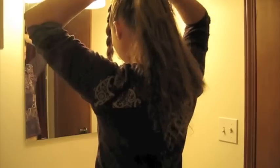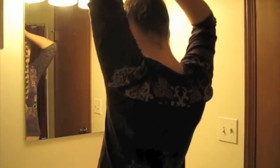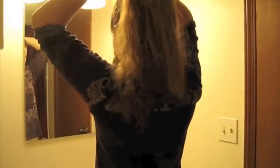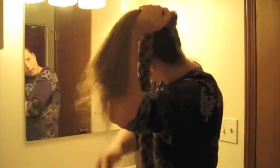There. Now, at this point you have these two projections. Looks pretty goofy. I'm actually going to take the tail of the braid of fake hair and my ponytail and braid the two together. This is going to help support the weight of the braid, as well as, I might have to run a brush through my curls here, they're proving tangly. It'll support the weight of the braid, and it'll help secure